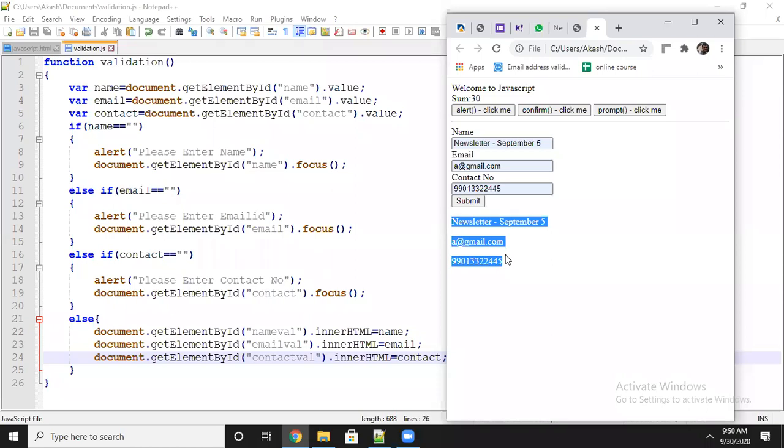You can do the validation in two ways. One is client side validation, another is server side validation. What is the difference between client side and server side? Client side means you will get a direct response from the browser. Server side means first it has to interact with the server, then it has to give the response back. Compared to that, the better one is client side, because it is faster, with no dependency on the server. Sometimes if the server is not responding, the error display will take time.